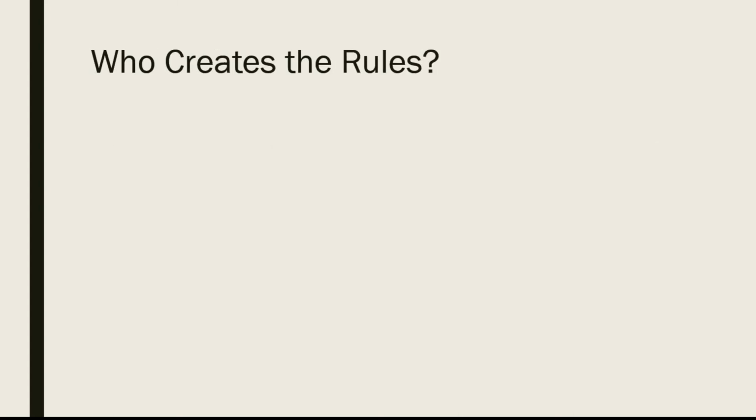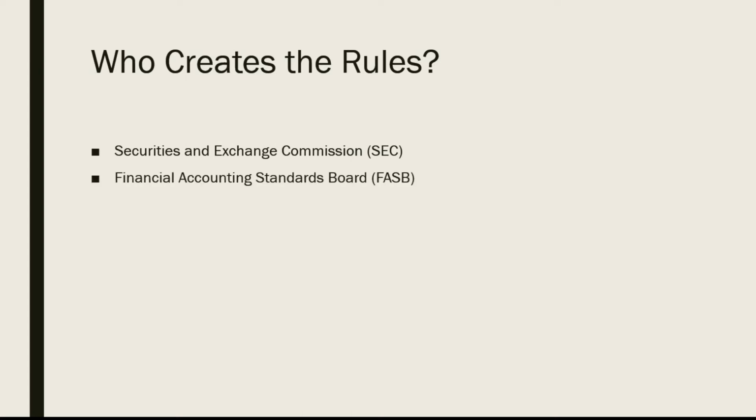Now, who creates the rules for how accounting is created and entered into the accounting system? The Securities and Exchange Commission, the SEC, has primary responsibility for creating what is called the Generally Accepted Accounting Principles, or GAAP. We're going to see that in just a second on this slideshow. And the SEC, again, as I said, they have the primary responsibility for creating GAAP, but they have passed that responsibility down to the Financial Accounting Standards Board, the FASB. You may have heard that term before, or you may not have, but if you haven't, you will eventually if you're going into the field of accounting.